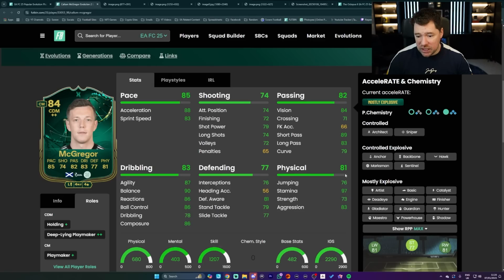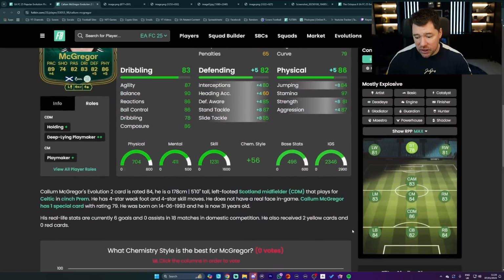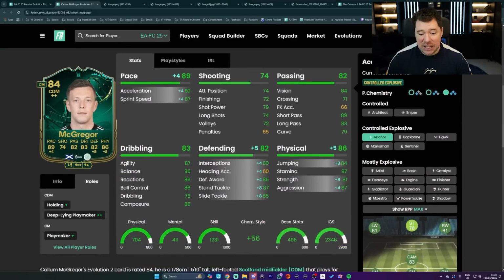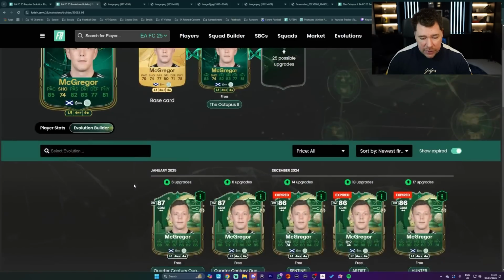His physical is good with great stamina. His base passing is good and his pace is good. So when you apply an anchor or something like that on him, which is what I would give, as far as an 84 rated CDM goes, this is a really good card. And I don't even know if he's eligible to go into...